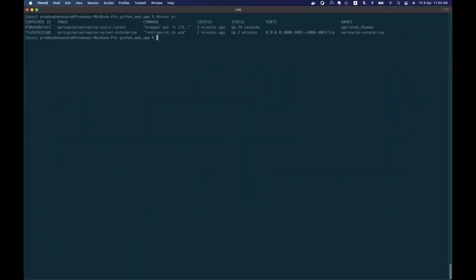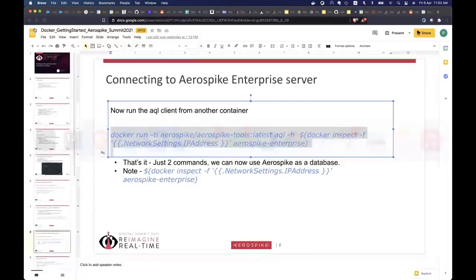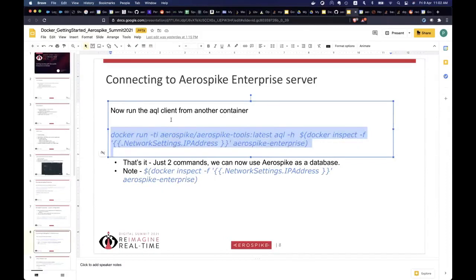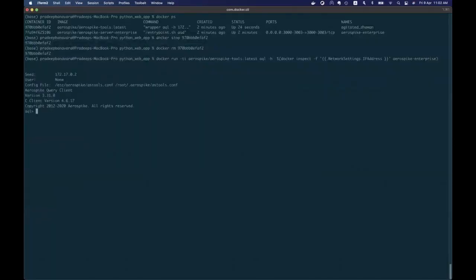So this kind of gives you an idea of what all, even though we want to say that it is super straightforward to get all this done, in reality you end up jumping through a bunch of hoops. So let's stop this guy. Okay, Docker rm, remove this guy. Now again, I'm going to start the AQL command. Okay, now if I show sets,